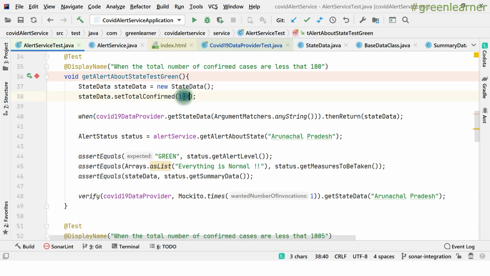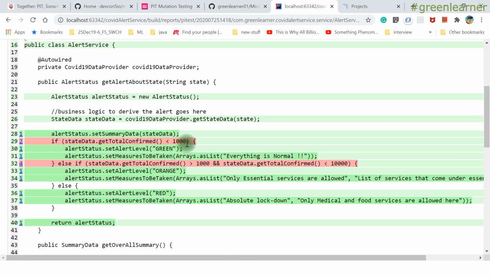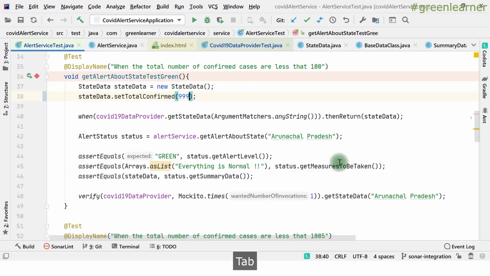So set total confirmed, I have set here 100, which is in the middle. I should put 999, just close to this one. 999 is less than 1000, then it will go inside this. And the same thing is with this one as well. So we have here 10,000, right?